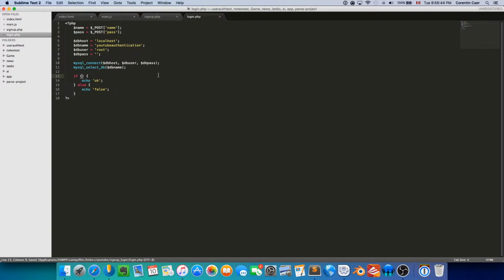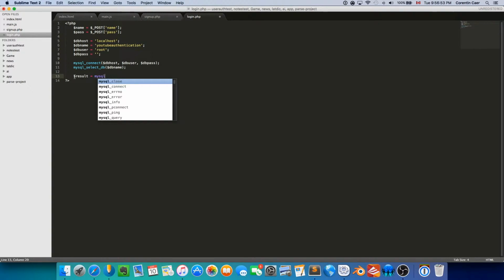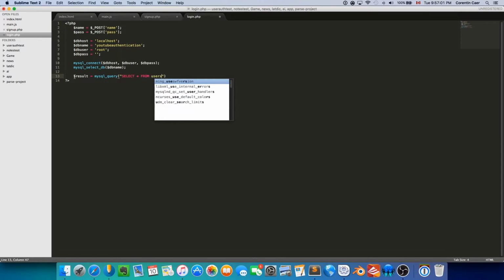Basically, we are going to have to instead write, well, in fact, I'm gonna remove this entirely, and I'm gonna say $result is equal to mysql_query, and then again we're gonna have the double quotations, and we're gonna say SELECT * FROM users, and then we're gonna say WHERE username